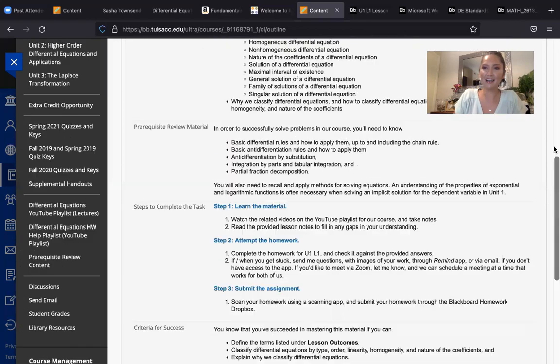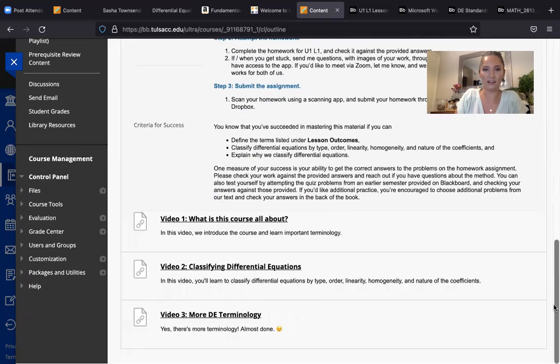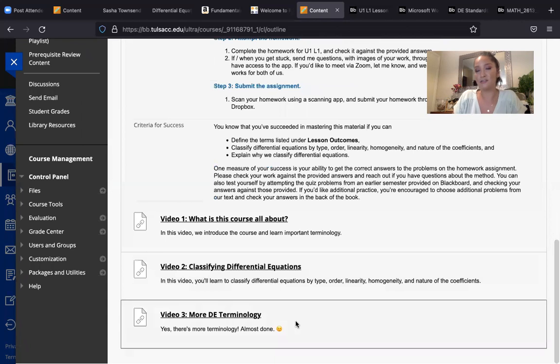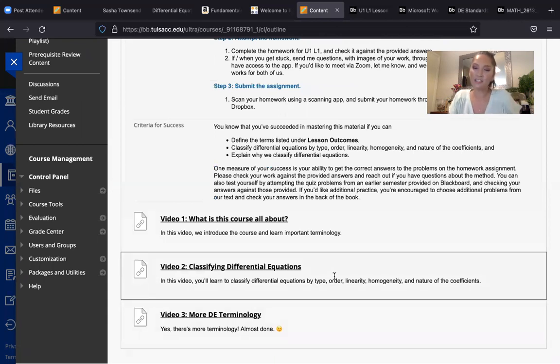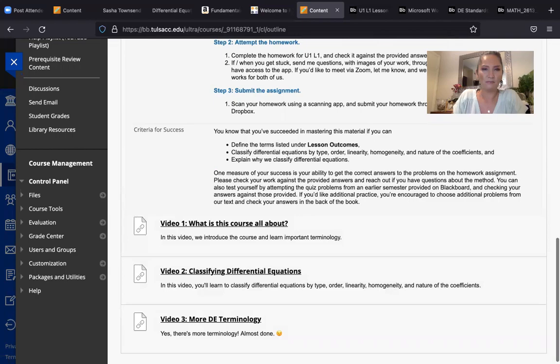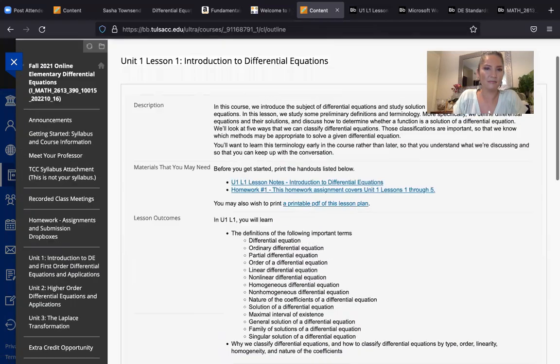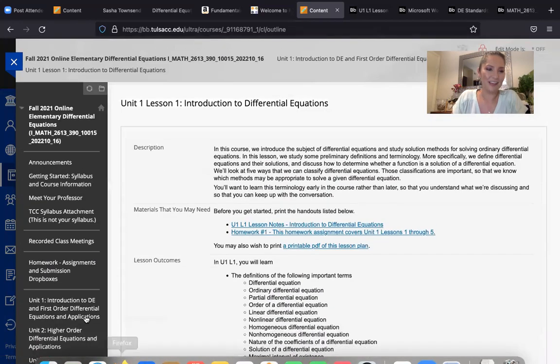But at the bottom of this folder, you'll see the videos that are associated with that lesson. So this introduction to differential equations talks about what the course is about and essential terminology related to differential equations. It talks about classifying differential equations, and then there's even more terminology. So you can watch those 3 videos. And then when you're done with that, you go back here